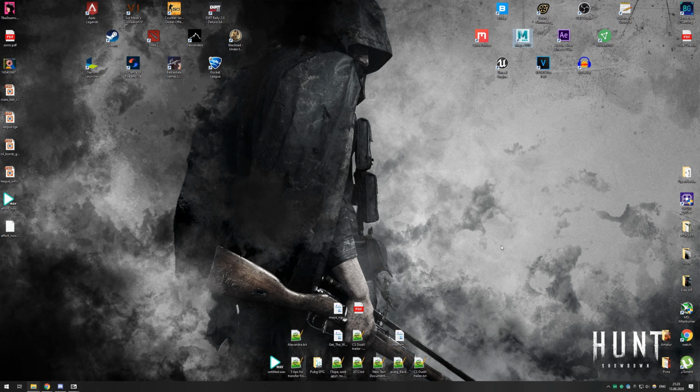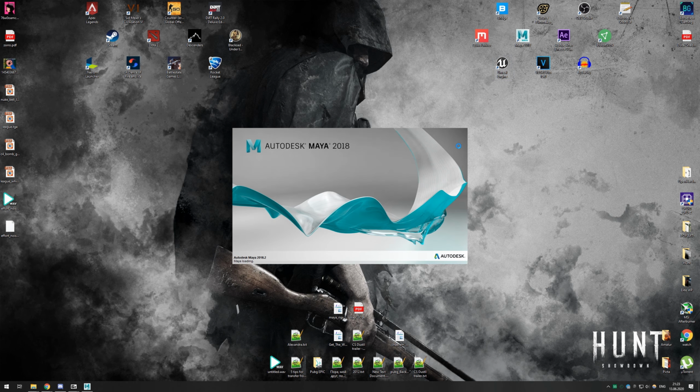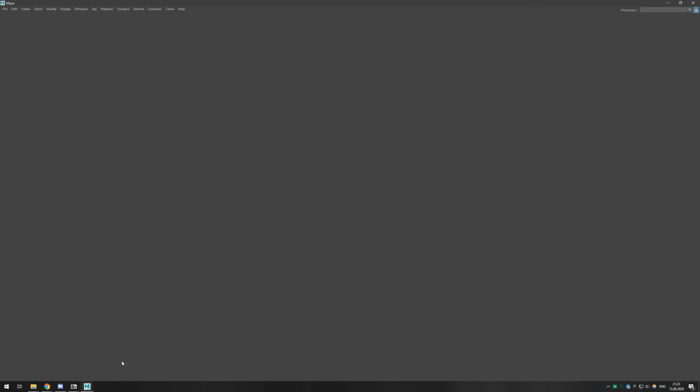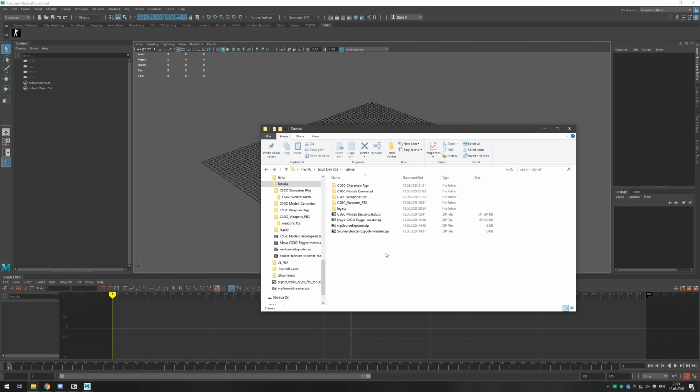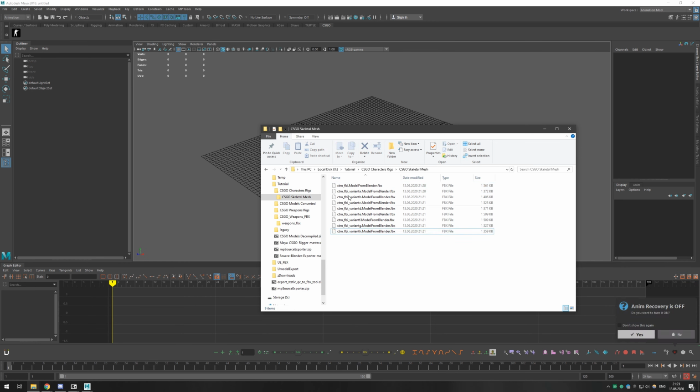So that's it. Now we are free to go to Maya to actually start animating. While we are animating, I will be starting Unreal Engine so that I can show export. Now meanwhile it all starts, take a look at your rigs folder. CSGO weapon rigs here and character rigs here. When you open the folder, you will find the CSGO skeletal mesh here. It is the FBXs of the models that are used in those rigs, and same for the weapons. You will need to import them into the Unreal Engine.